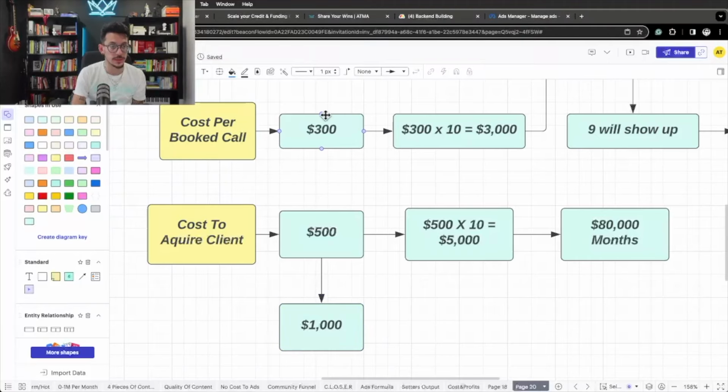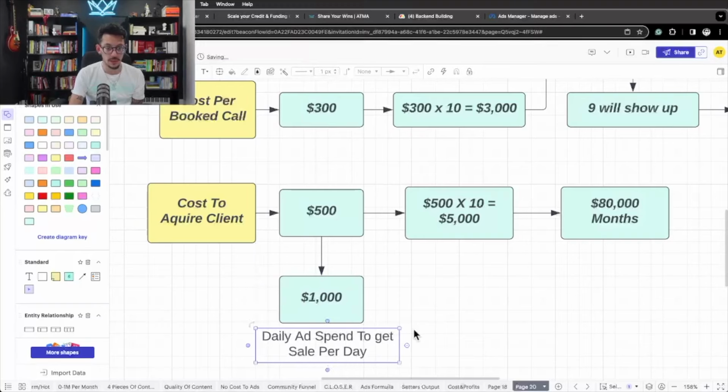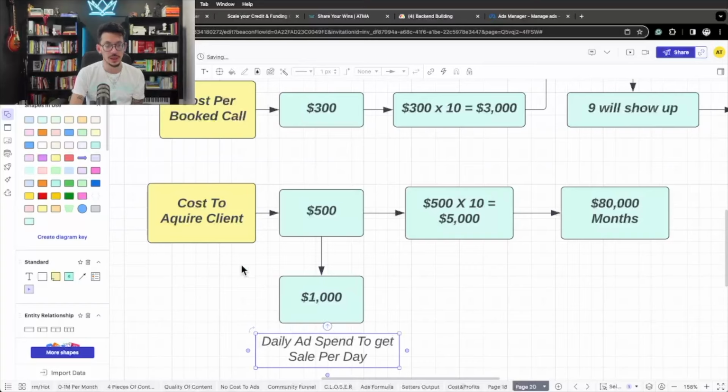I'm gonna put daily ad spend. So again, if you want to make a sale every day, you spend your cost per acquisition daily,